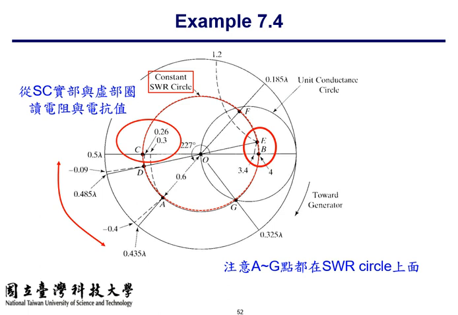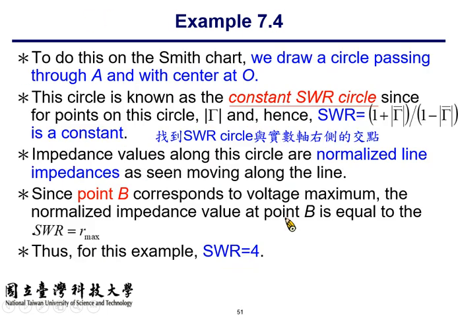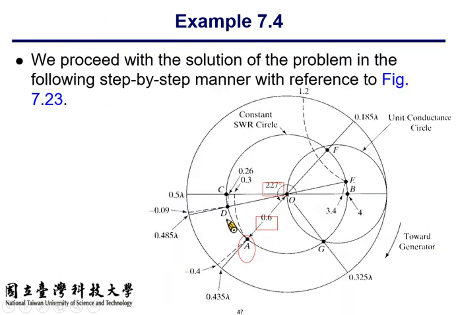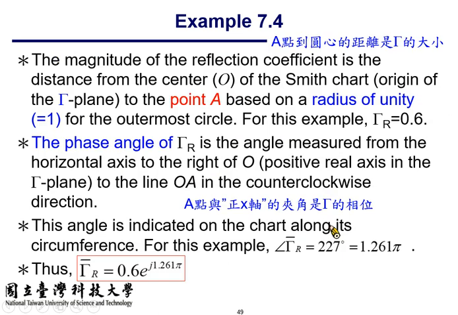All right, so let's see what we can do next. What do we do next for this problem? The next task is distance. Find out the distance of the first voltage minimum of the standing wave pattern from the load. That is the D minimum. So we know that